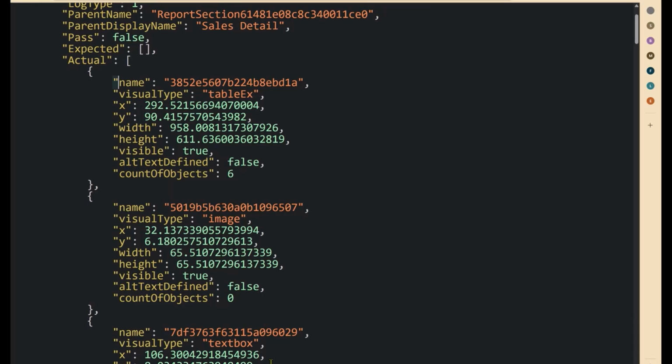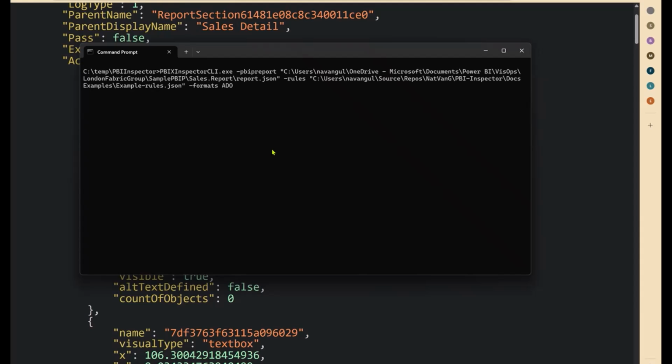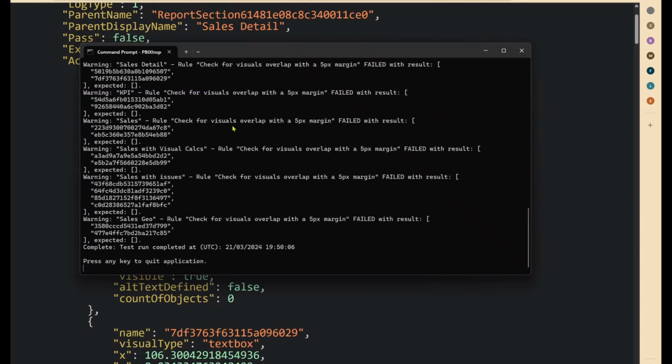One more thing, and then that's it. I just wanted to show you that you can run PBI Inspector from the command line. Yeah. So here's an example. We point to PBI Inspector, and then you pass in the file paths in there, and here